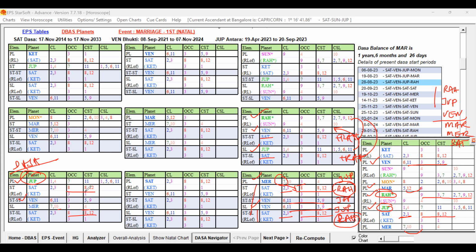Now, when one level is weaker, a mixed significator, if that planet has a good key planet in its supports and also the 2A level planet, that is the star lord or planet, is supporting it, the unfavorable strength will be reduced and the favorable strength will be increased. Now you can see the 2, 3, 8, and 12 obstacles are not further supported by the star lord of that planet. Only favorable houses are supported. So the unfavorable strength is reduced, and favorable houses are supported by the star lord of that star lord.